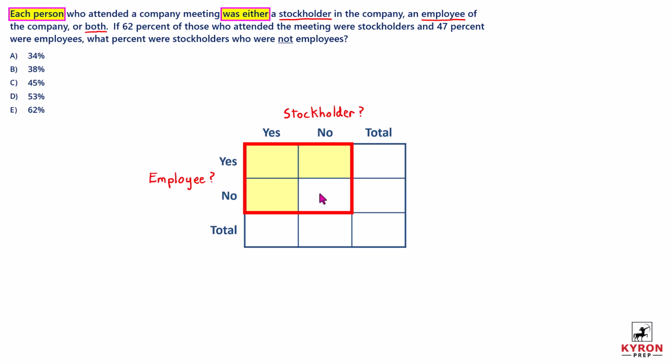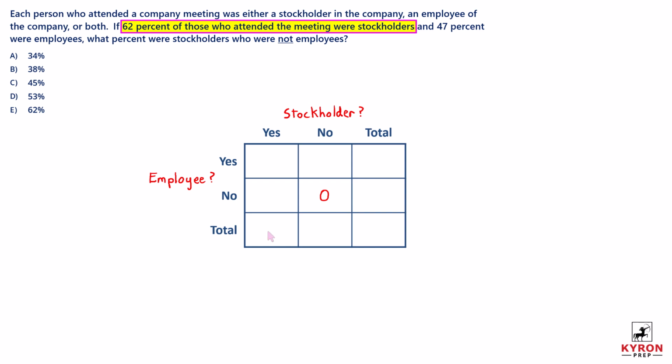Notably absent is anyone in this cell, which would house a person who was neither a stockholder nor an employee. Since these people don't exist in this problem, let's put a 0 here. And now that we're done with the first sentence, let's move on to the second. It starts by saying that 62% of those who attended the meeting were stockholders. Clearly this is about the total for the stockholder column, but before we write 62 here, we need to do